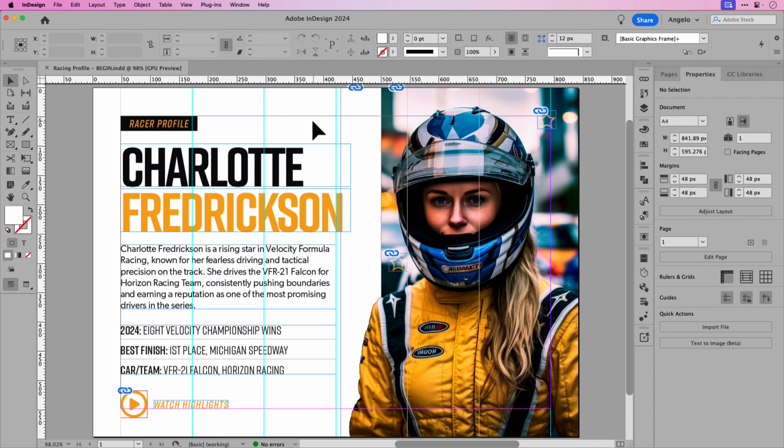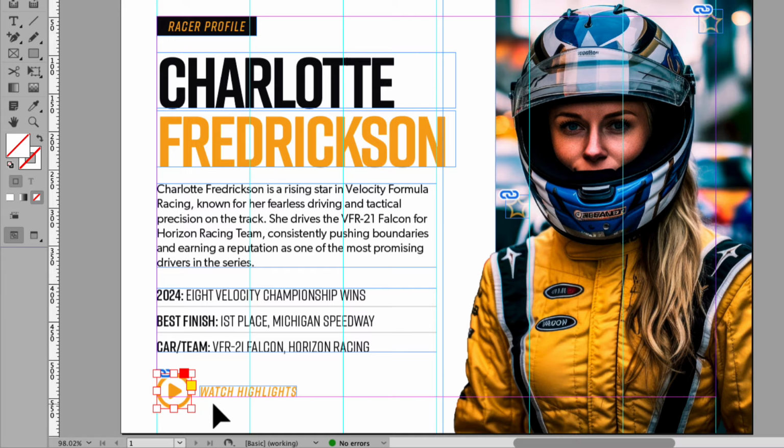On my screen, I have a racer profile design for a fictional race car driver named Charlotte Fredrickson. And this has a little bit of a bio and some other notable accomplishments for this driver. But you'll notice in the bottom left-hand corner, I've placed a play icon, and this will be the trigger for